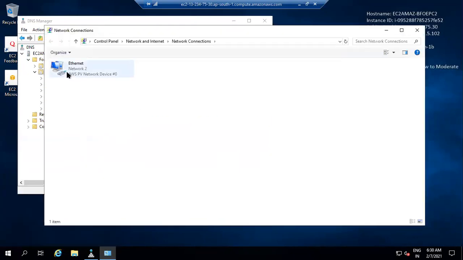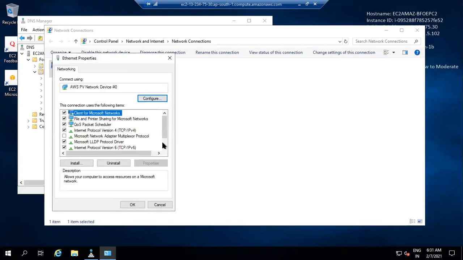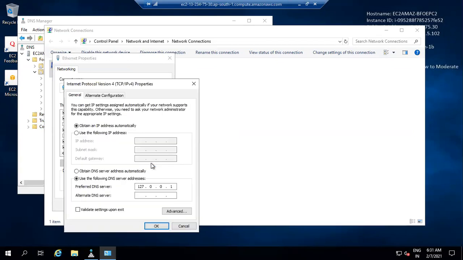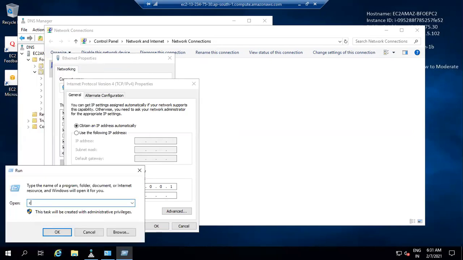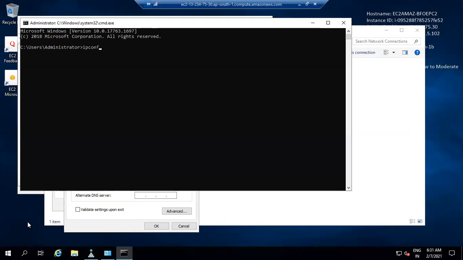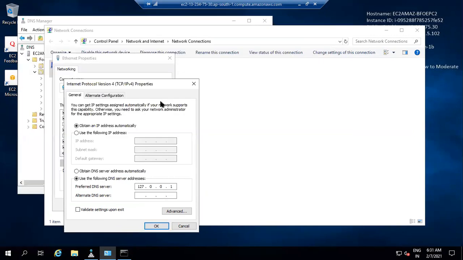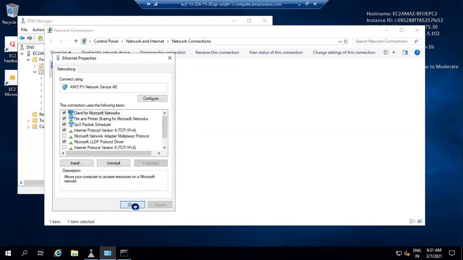Always make sure that your domain has the proper IP defined in the DNS. Scroll down, properties. What is the IP address of this computer? Go to CMD, ipconfig. What is the IP address? 172.31.5.102, right? 172.31.5.102. Click OK. Close.